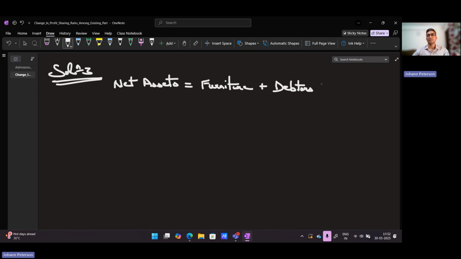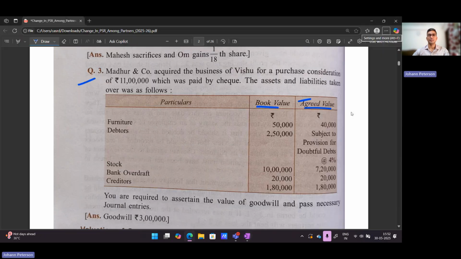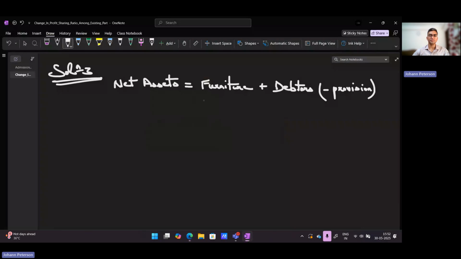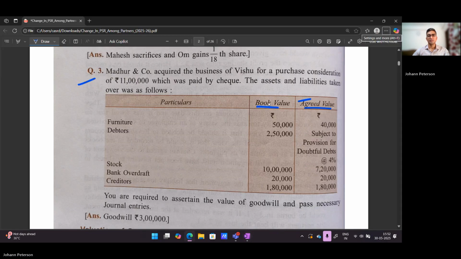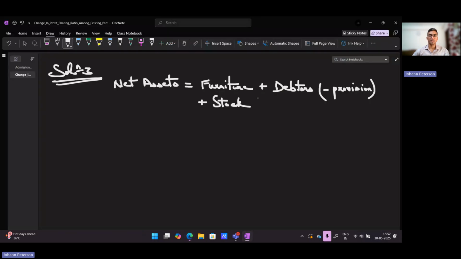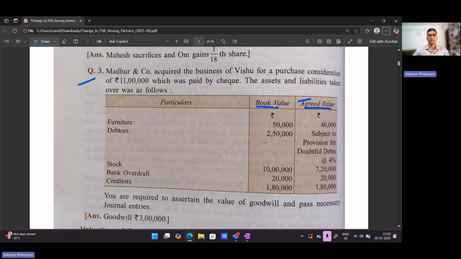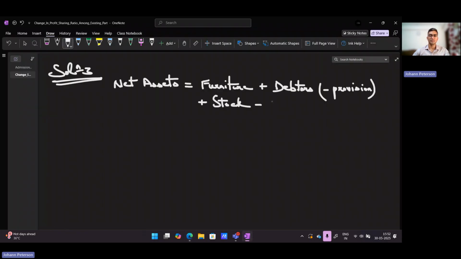So, debtors minus provision. Then plus the stock, minus now our liabilities, which are bank overdraft and creditors. So which is equal to